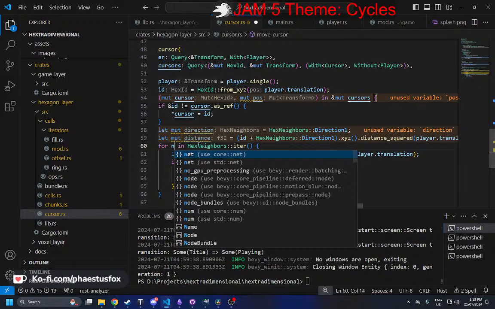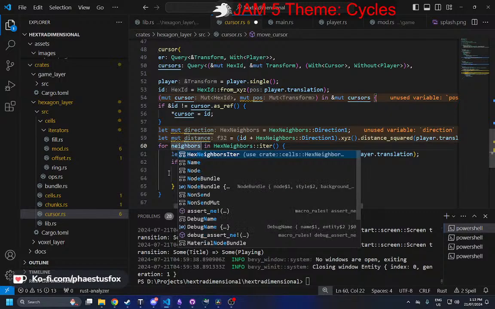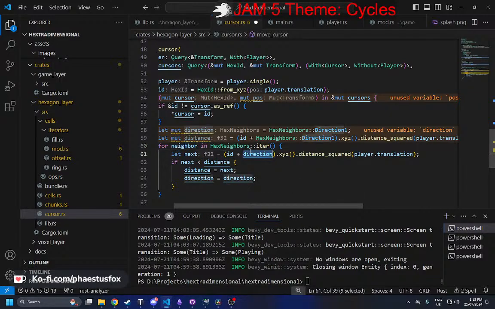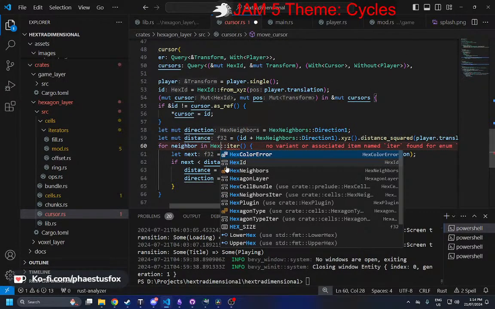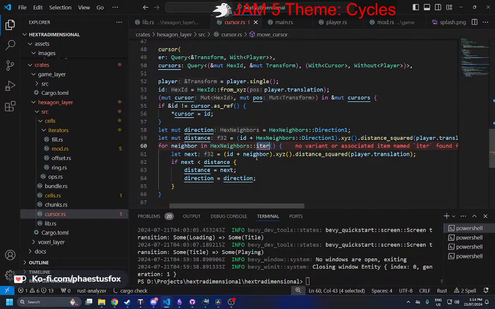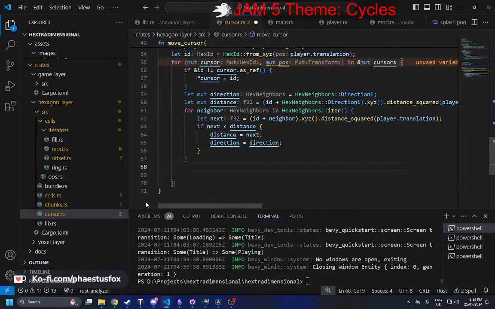Who's going to rename this to neighbor? Alright, so it's ID plus neighbor. It's XY. What do you mean hex neighbors didn't have an iter? Yeah, okay. They said to include the strum. So we iterate through to the neighbor, we sum the neighbor, calculate the distance, add that to next if the neighbor is closest, and then we say